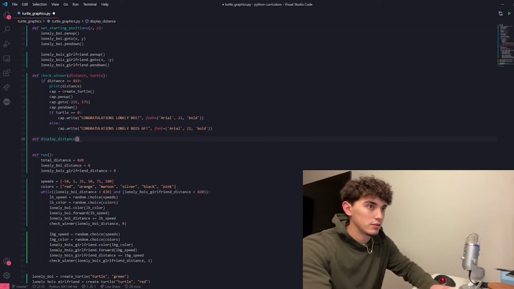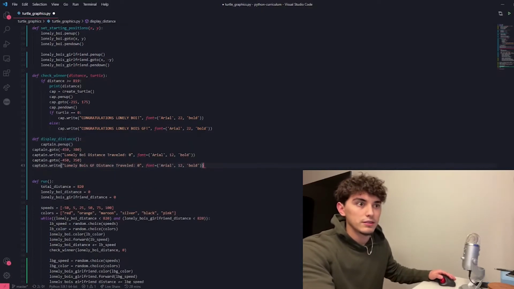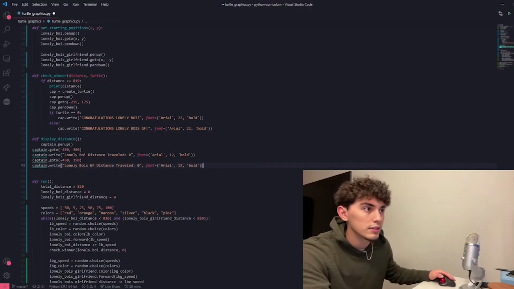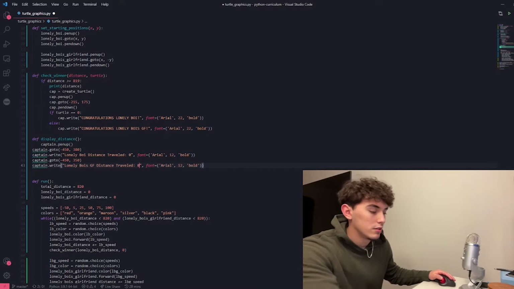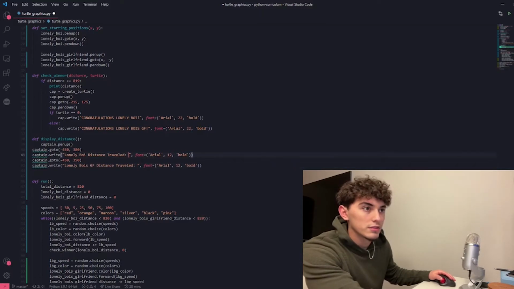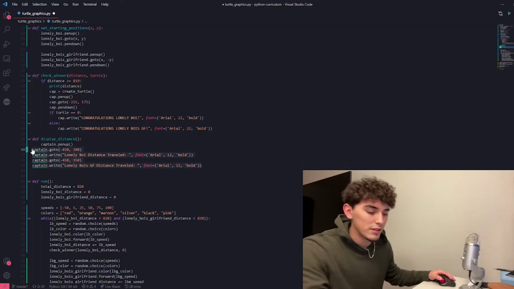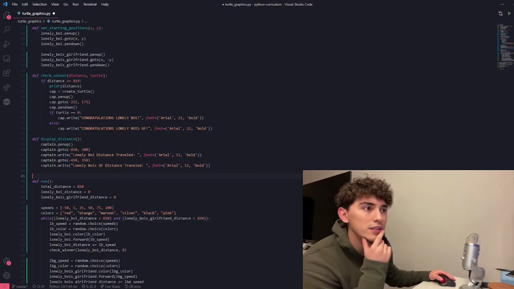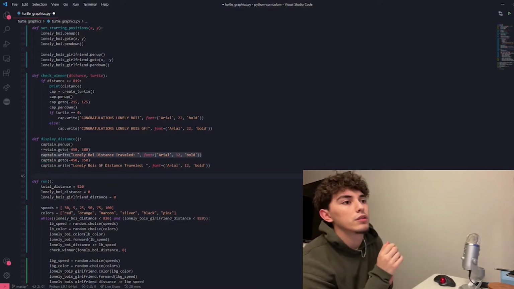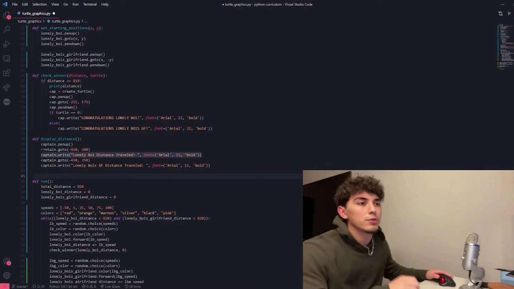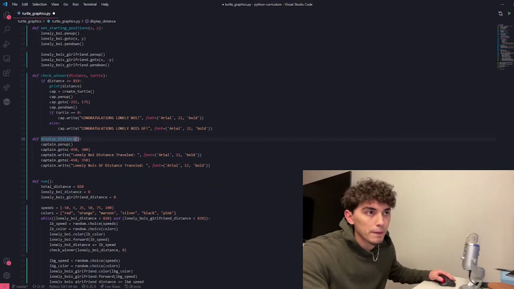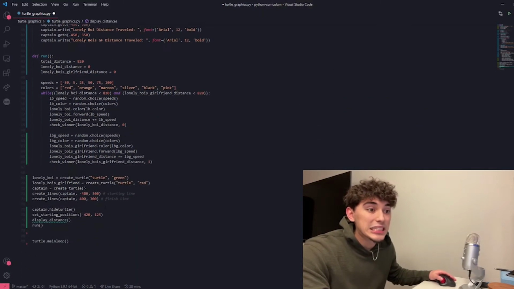We'll write that and paste in this code. Actually, we shouldn't call it that, because this function isn't going to be in charge of, no, it will. Okay, so we'll call it display distances, and we're going to pass in captain,